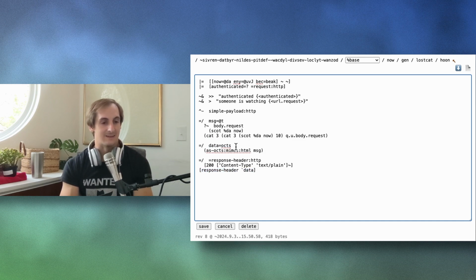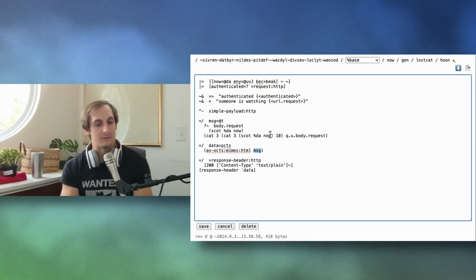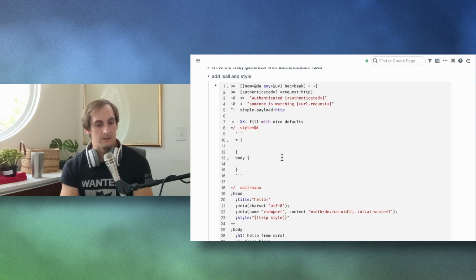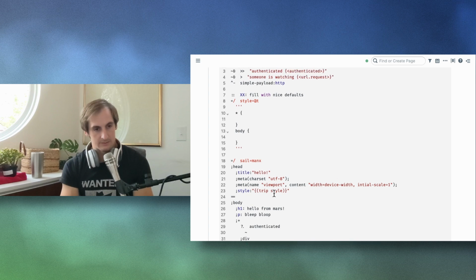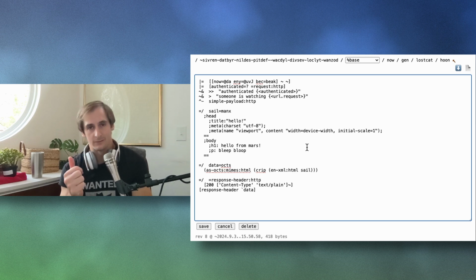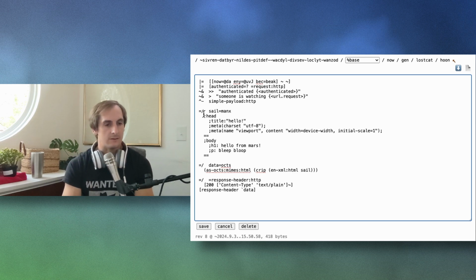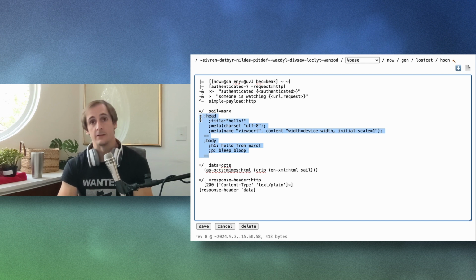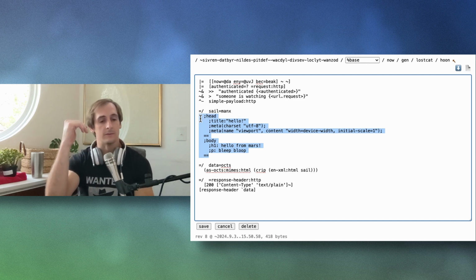This is the data. It takes the data here and smushes it up into this stuff. I want to make it a little bit more interesting. So instead of that message where we're just taking the time and bringing it in, I don't know if this will work, but what I'm attempting to do is, in here, I've got some simple sail stuff. We've seen that in other videos.